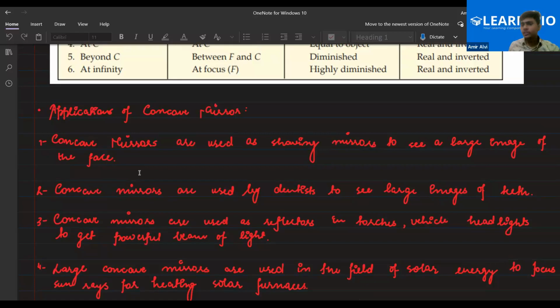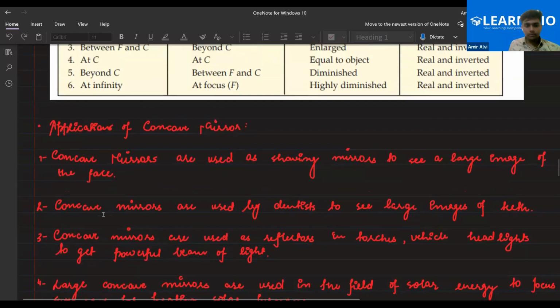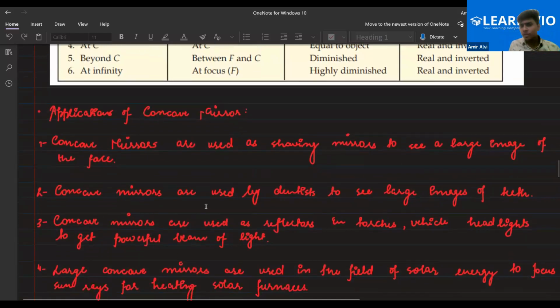And the functions, right? There is a small mirror installed in it, and that mirror is also a concave mirror. Next, concave mirrors are used by dentists to see large images of teeth. And concave mirrors are used as reflectors in torches and vehicle headlights to get a powerful parallel beam